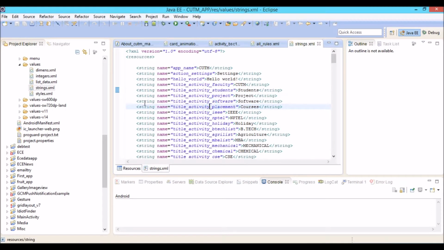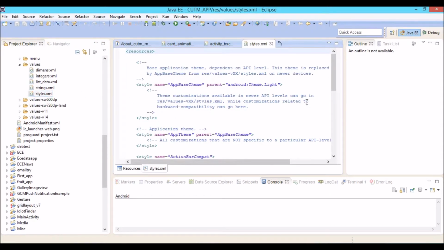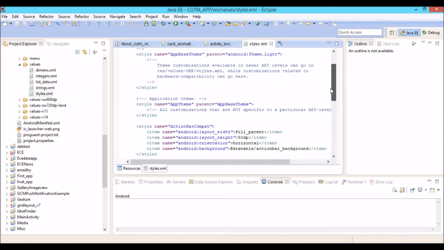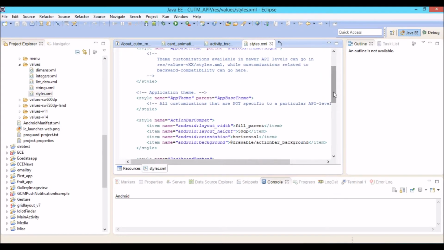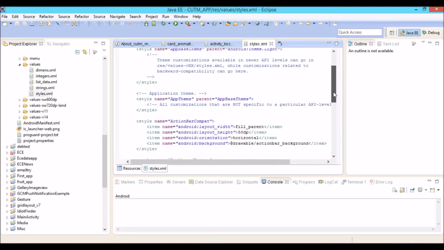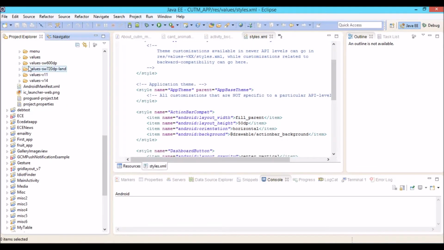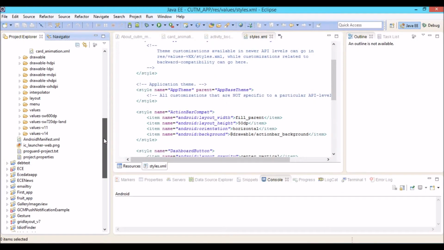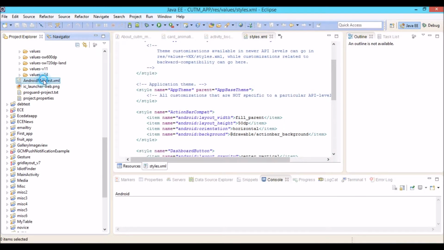And styles is responsible for providing a theme for the visualization of the app. It depends on the user which theme a developer wants to show in the app. Then coming to the Android manifest file.